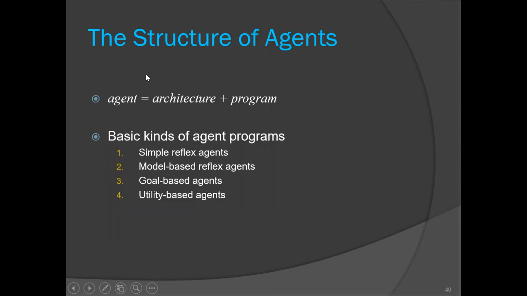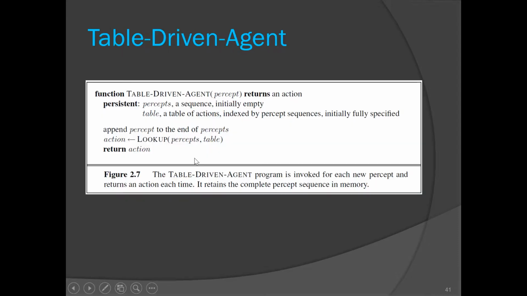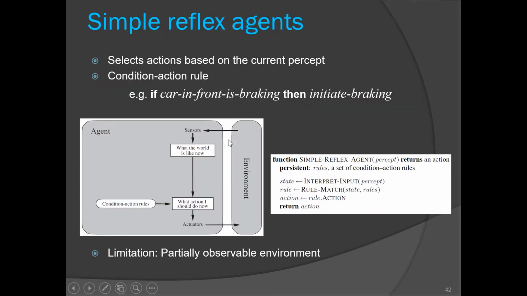Then today we talked about agent, okay. So remember this formula, agent is actually a combination of architecture plus program, right? That is hardware plus software. And we have seen different agents, okay. So we have seen the disadvantage. The disadvantage of the simple reflex agent is that it cannot work when the environment is not fully observable.